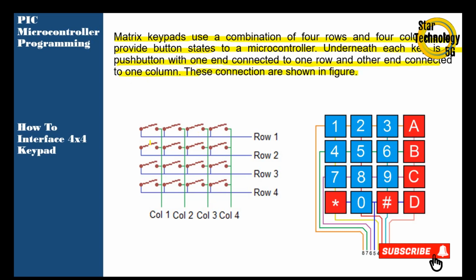You can see here is the row. We have 4 rows and we have 4 columns, and each row and each column has one button. You can see one end of the button is connected with a column and one end connected with a row. Here you can see that is row and here is column. Each column and row connect with one button. When we press any button on the keypad, the microcontroller finds its key and shows a result on the output.